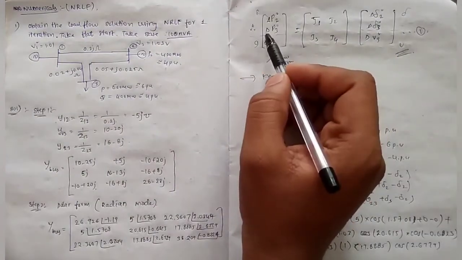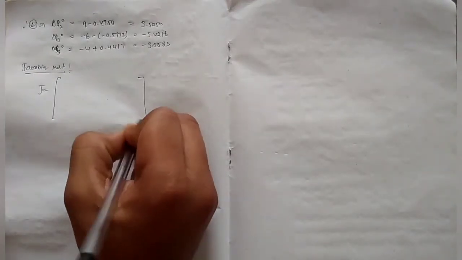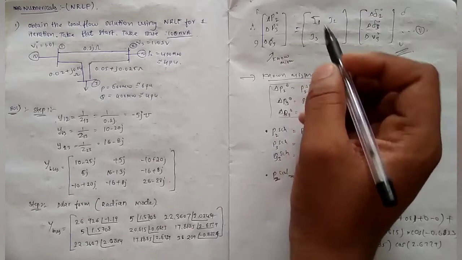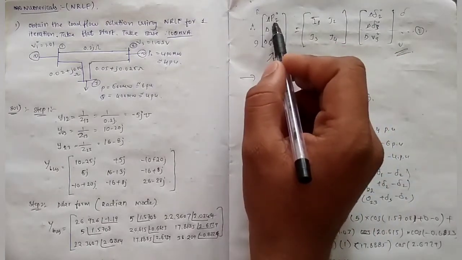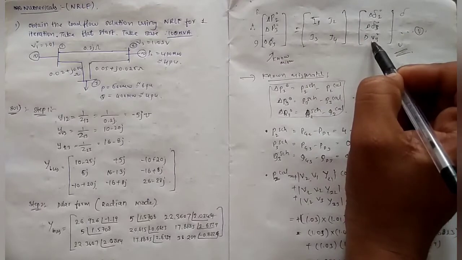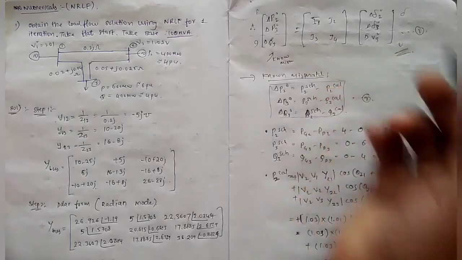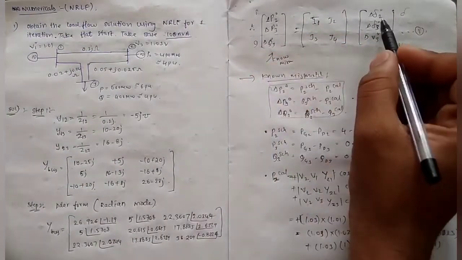Now we are done with the known mismatch matrix and we need to find the Jacobian matrix, right? For the Jacobian matrix, J is equal to, I'll expand this Jacobian matrix to find the J11, J23, J33 elements. First row, P2 we have. First row into whole column we need to write horizontally, that is first element is dou P2 divided by dou delta 2, and dou P2 divided by dou delta 3.